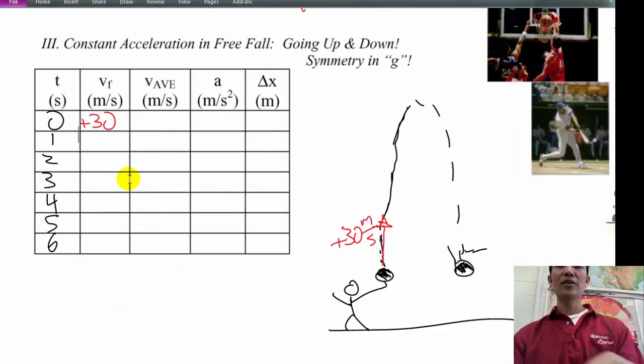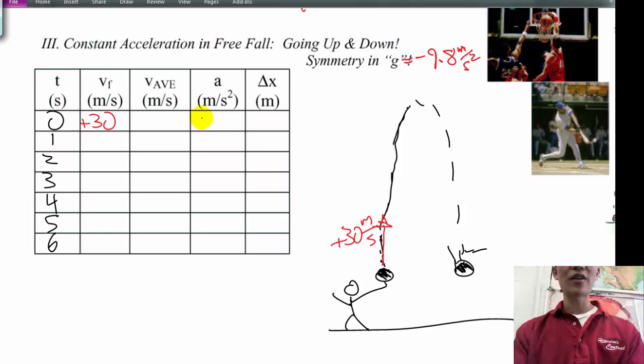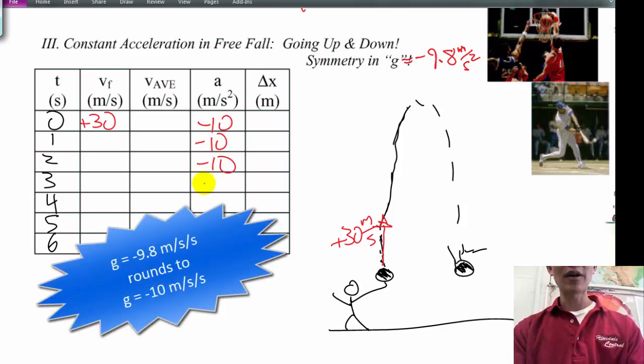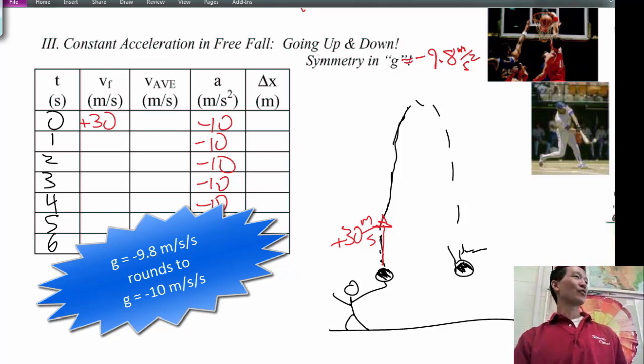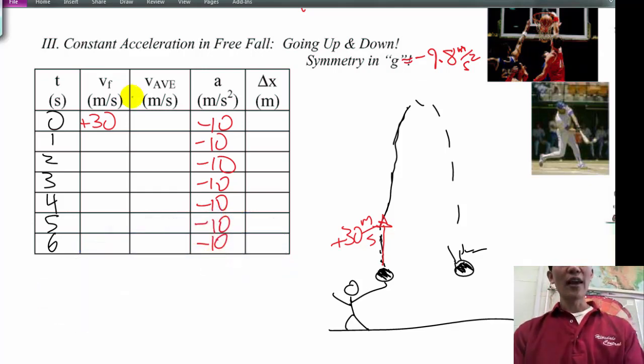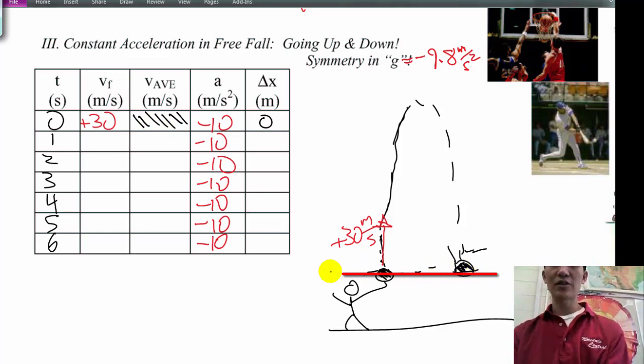Now, normally, we talk about gravity on Earth to be negative what in meters per second? 9 point. But since we're talking about it, let's just round it off to 10 to make it easier to talk about. Technically, when we calculate, we should use 9.8, 9.81 if you want to be down to the hundredths, but 9.8 is good enough. But talking about it, let's just round it off to 10. So at time equals 0, there is no average velocity, and there is no displacement. It's right at our 0 level. We'll call this 0 meters right here from the point of release from your hand.